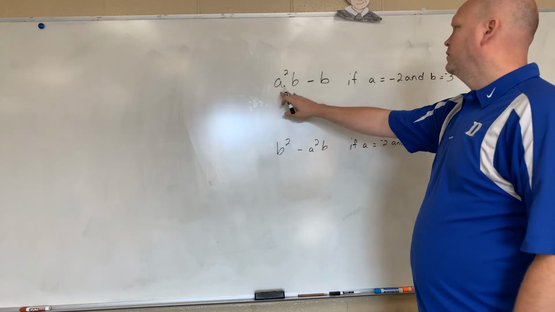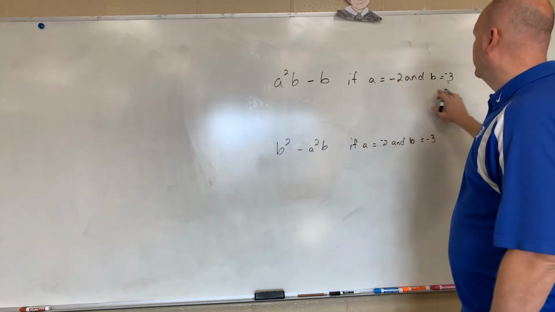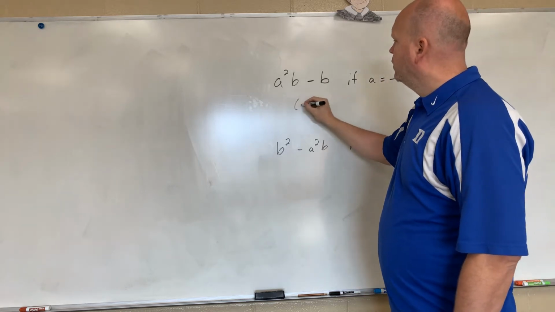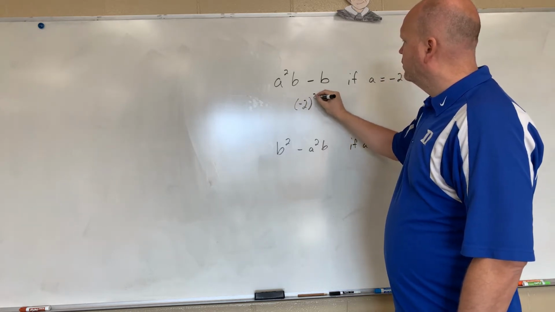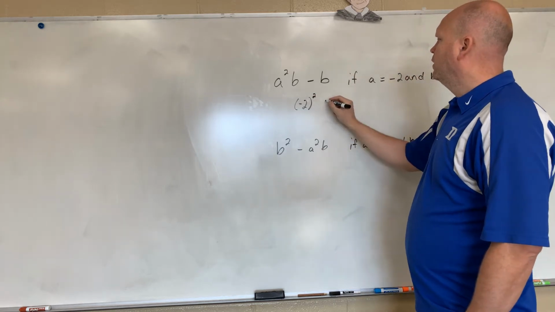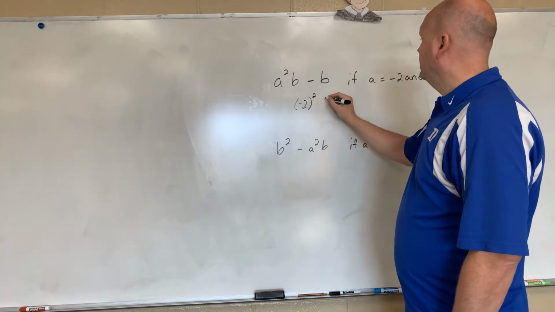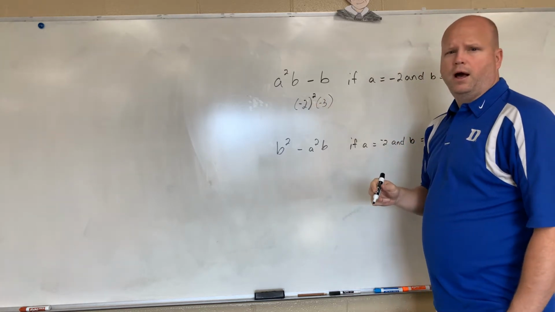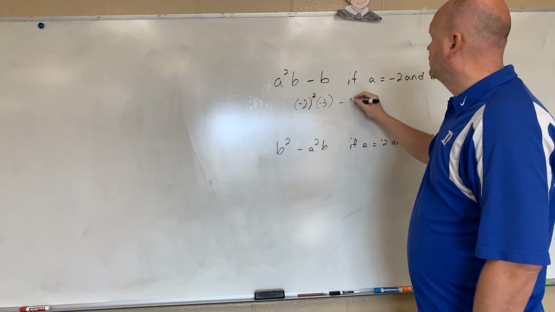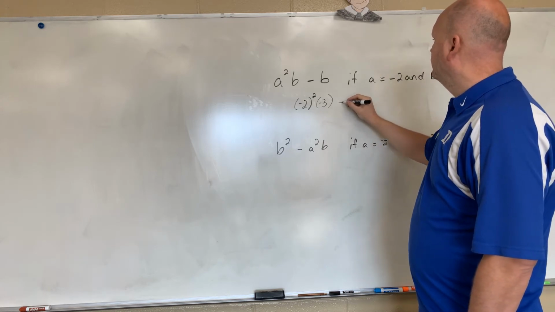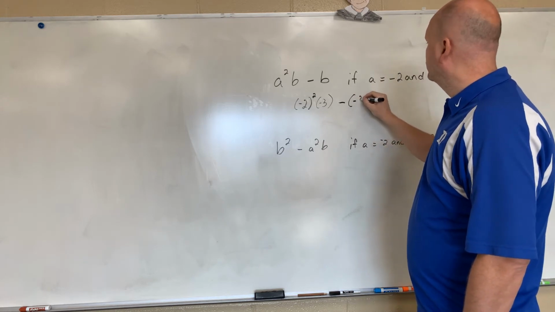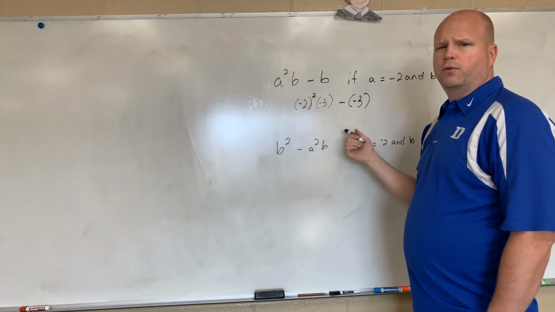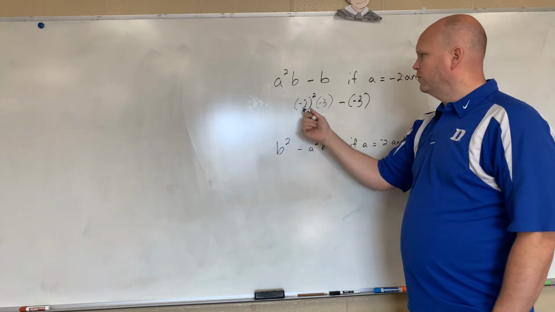So the first thing we need to do is replace all these variables with the value that it tells you that they are. So the value of A is -2, so we put the value in parentheses. We're going to square that number. That is times B, which the value of B is -3. Notice how I don't put an operation symbol in between because it's multiplication, and then minus, and the value of B is -3. So I put parentheses around each of the numbers to signify the value,